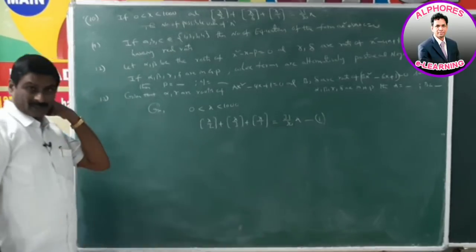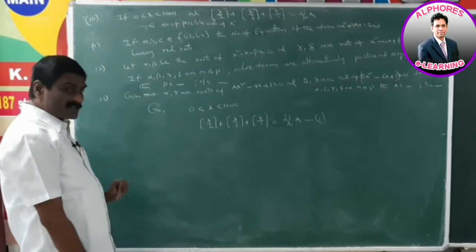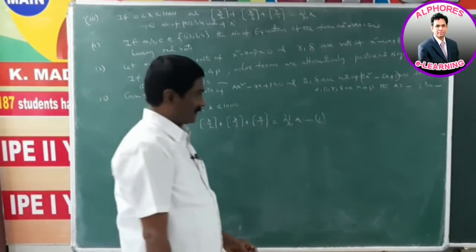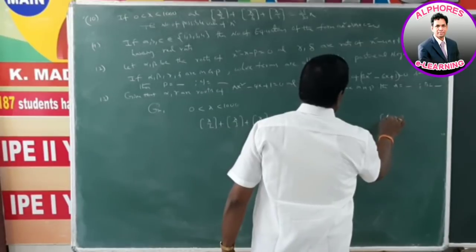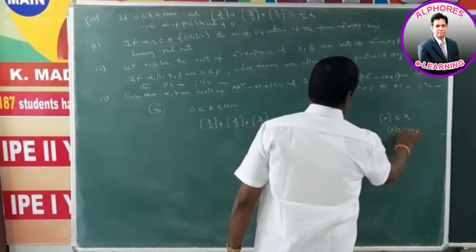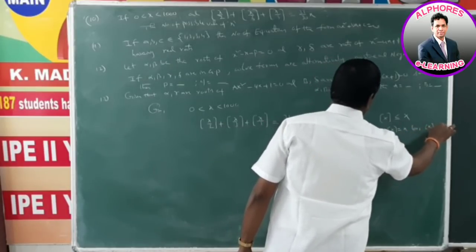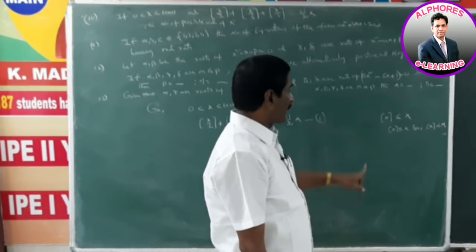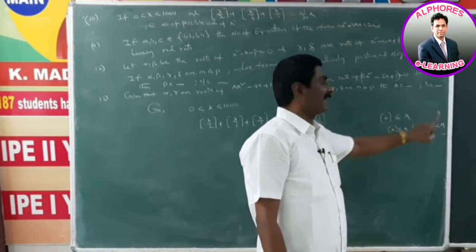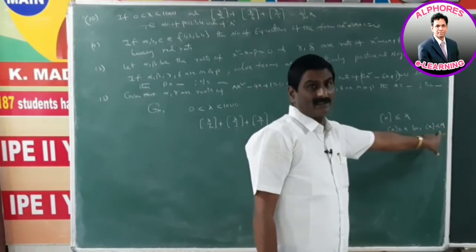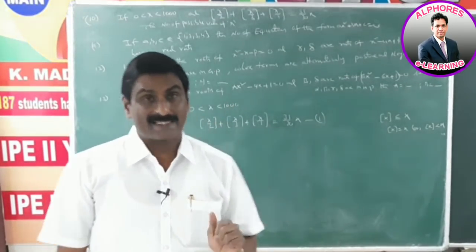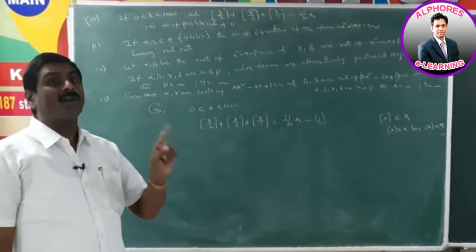Okay now. Actually, we know the conditions in the step functions. [x] is always less than or equal to x. That means [x] is equal to x or [x] is less than x. [x] is equal to x only when x is an integer. If x is non-integer, then [x] is less than x.